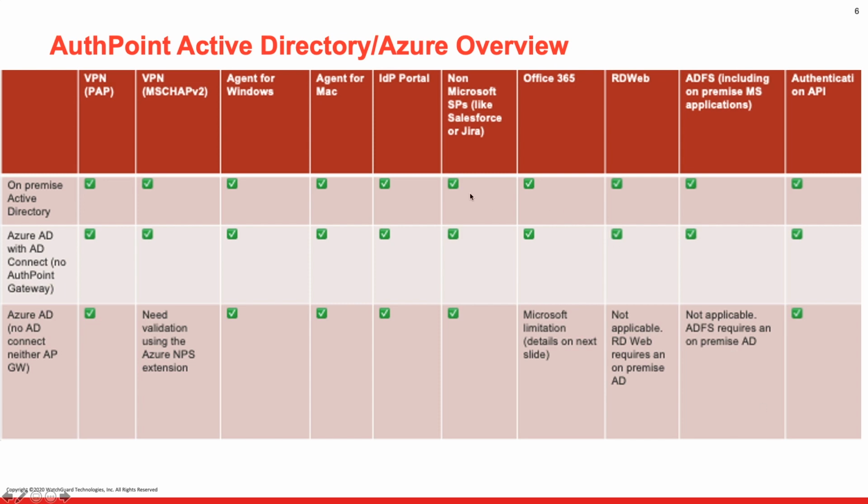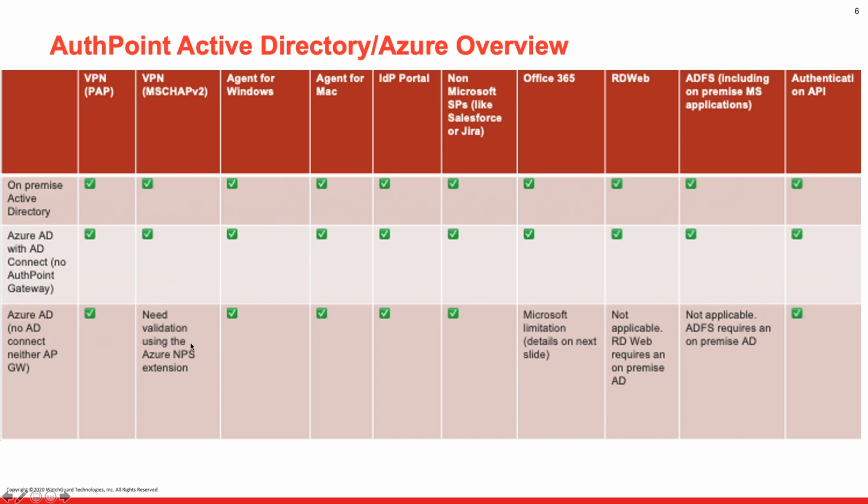In this chart, we show AuthPoint, Active Directory, and Azure overview and some of the features that are available. With the first row, we have on-premise Active Directory. We can see VPNs are supported, agent for Windows and Mac, IDP portal, non-Microsoft service providers like Salesforce and Jira, Office 365, RDWeb, Web, ADFS, and Authentication API are all available if you have on-premise Active Directory only. If you have on-premise Active Directory through Active Directory Connect and Azure Active Directory, these options are also supported across